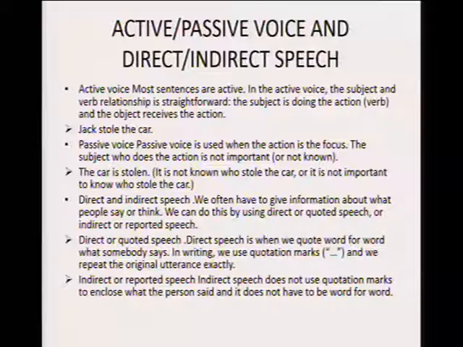Let me explain a bit further. In a sentence structure, we have the subject, the verb, and the object. This is the SVO structure or the SV structure. These are the two types of sentence structures we have. The SV, which is the subject and the verb, and the SVO, which is the subject, the verb, and the object. So before you go on to changing to passive voice, you have to identify which one is the subject in your sentence, which one is the object, which one is the verb.